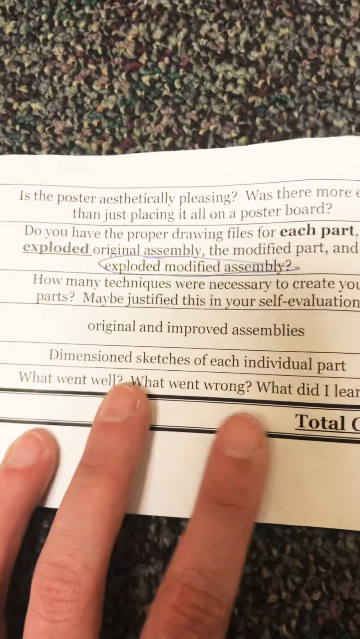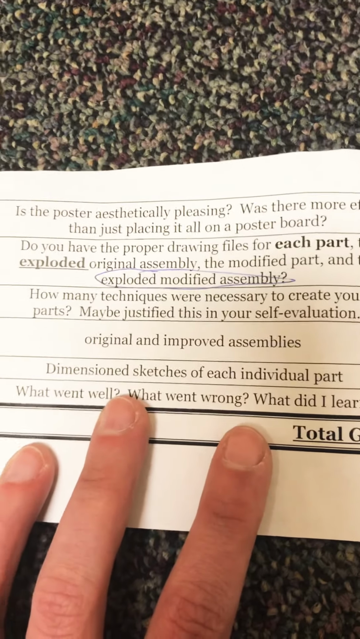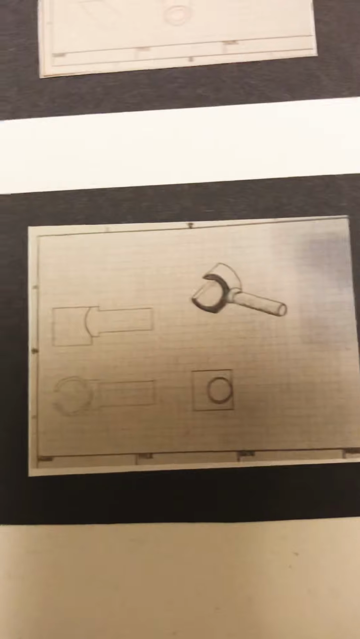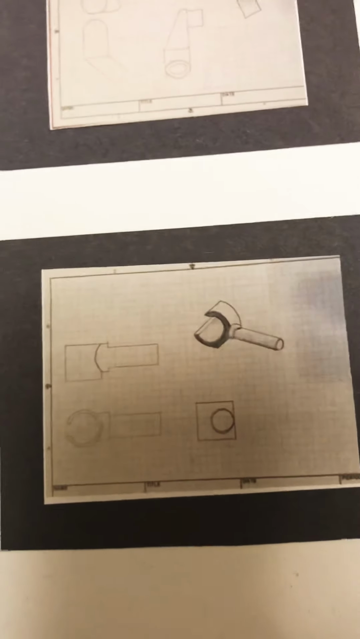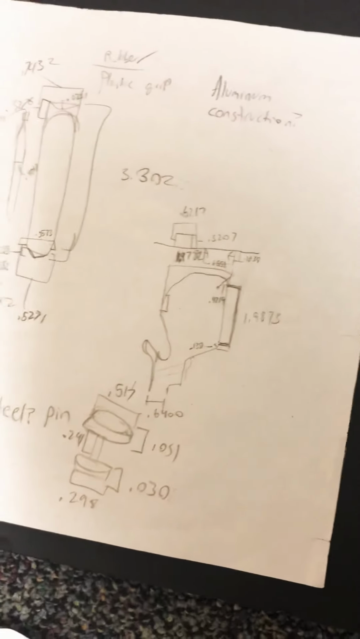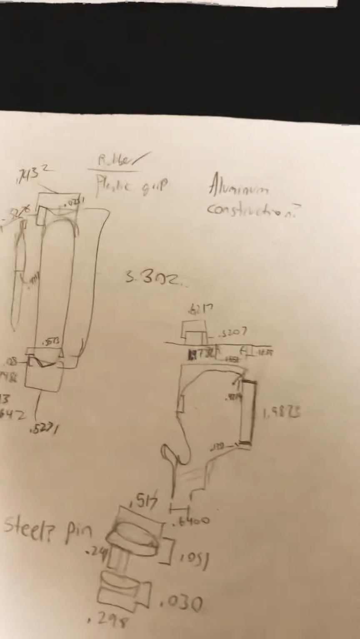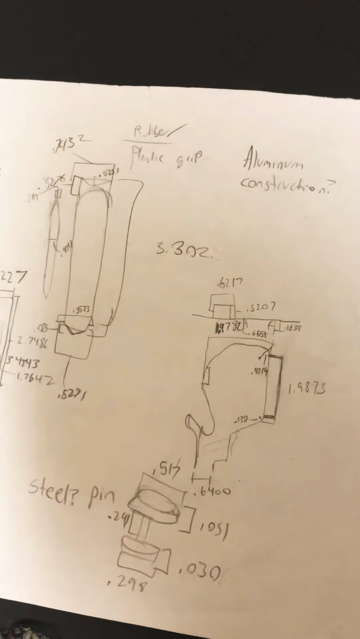Dimension sketches of each individual part. Now originally on the sheet it said it should be isometric. So these are his isometric ones. They're not dimensioned, and to be honest, they're kind of useless. What we did is we did something like this, where I just had you measure as much as you possibly could. I am okay with either. I actually would prefer